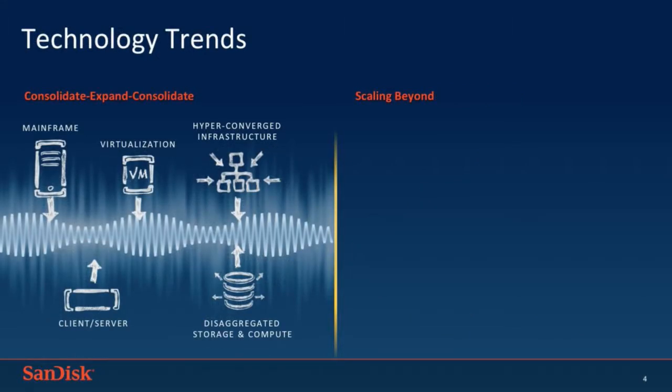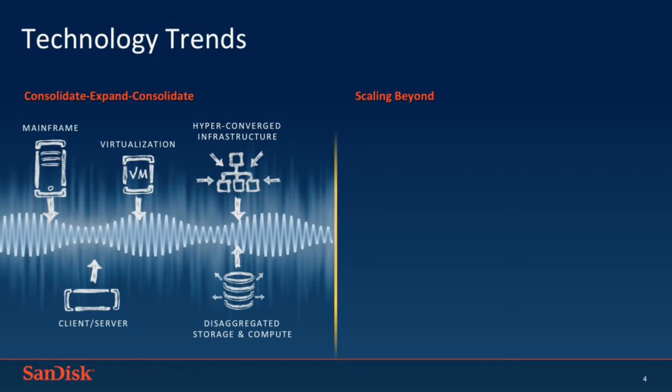So when you look at some of the technology trends through history, you'll find that we've gone kind of back and forth between consolidation and disaggregation. So we started with mainframes, which were really a concentrated set of compute, storage, and networking in one single place. And then we moved to client-server. And then with such things as virtualization and cloud, what you're seeing is more of a consolidation trend. You're seeing very hyper-converged infrastructure in hyperscale data centers, and you're also seeing somewhat disaggregated storage and compute in the